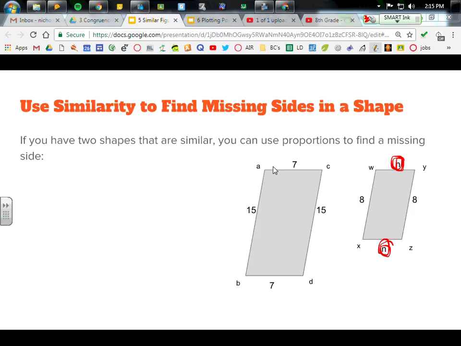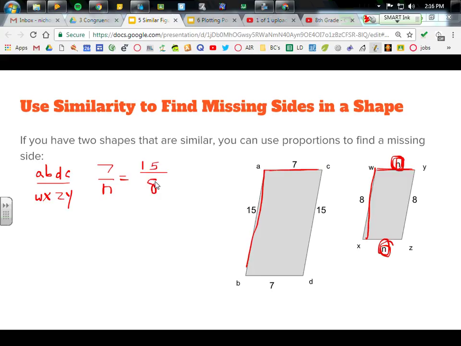So let's use parallelogram ABCD or ABDC. Let's use ABDC as our numerator. Now I'll just go ahead and identify that. ABDC is our numerator, and parallelogram WXZY is our denominator. All right, so I'm going to match up some corresponding sides here. AC corresponds with WY, so I'm going to set up that ratio, 7 over n. Right, and AB corresponds with WX, so I'm going to set up that ratio,